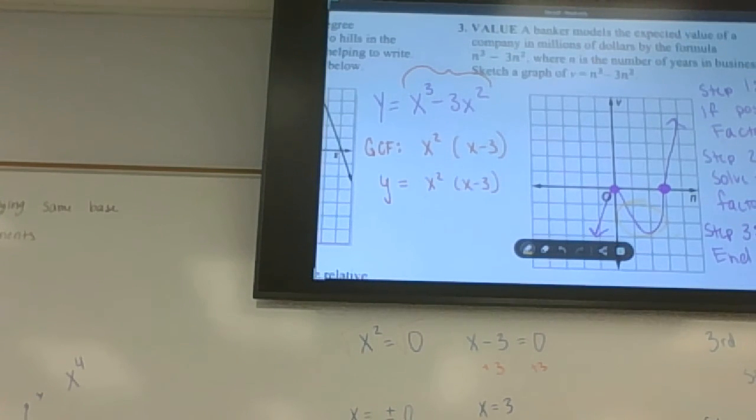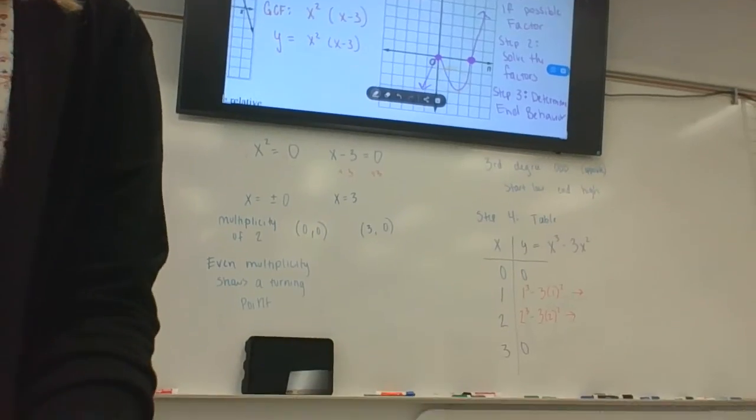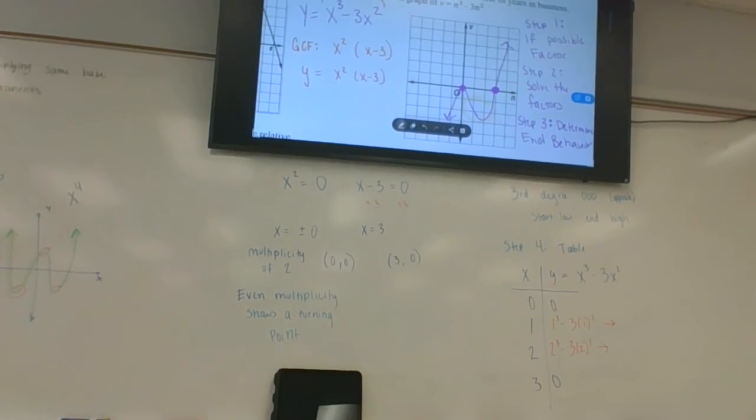And then put your points down and make your graph a little more precise. See if your points make sense. They should follow the pattern, the sketch. Okay, so now